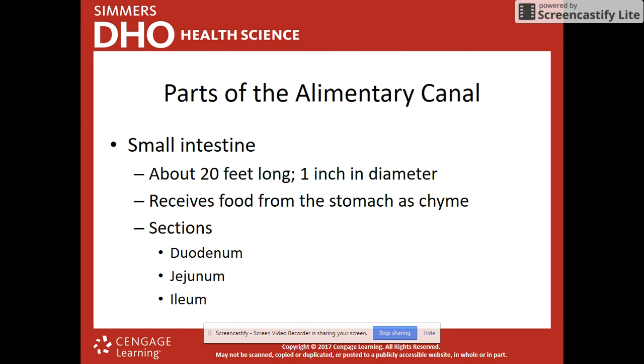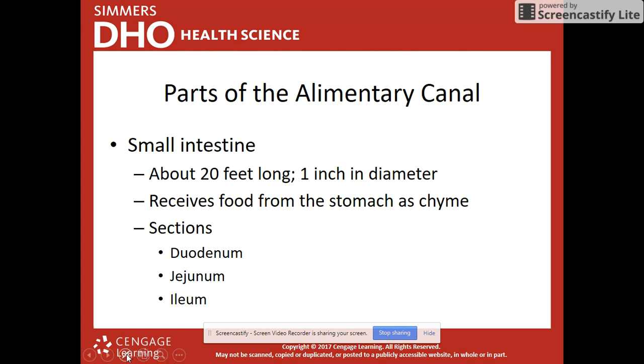Now there's a lot of things getting absorbed in the small intestine. There's villi in there, which are like little finger-like projections, and that's going to help absorb the nutrients, because almost all of your nutrients are absorbed in the small intestine, so we have to have a lot of surface area for that. And so we have these little finger-like projections that are everywhere.